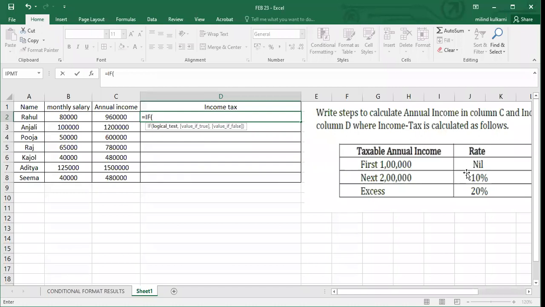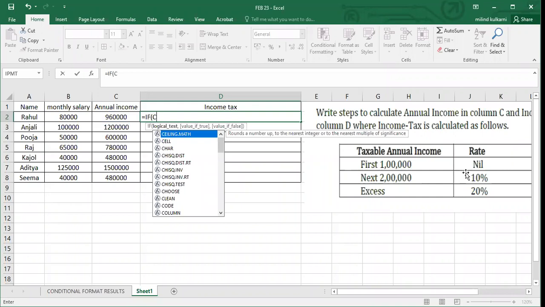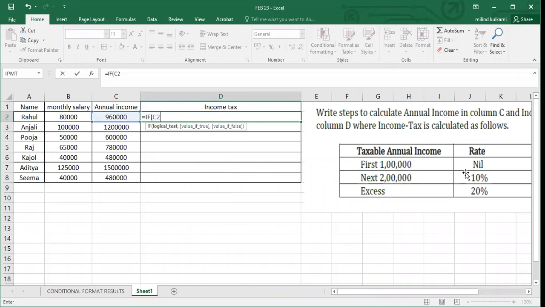Therefore I will select C2. Why C2? Because column C is indicating annual income. If C2 is less than or equal to 1 lakh,